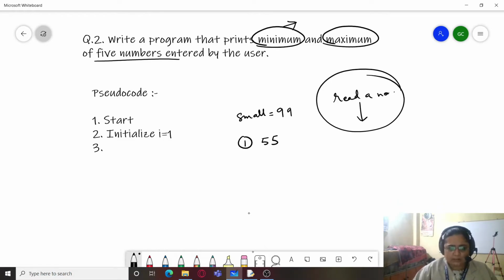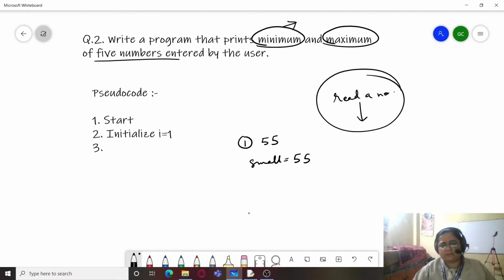Or one second, we can follow a different approach also. When the program first executes, I'm going to first initialize small with this number 55. Next time when the user enters another number, 45, small will be checked.